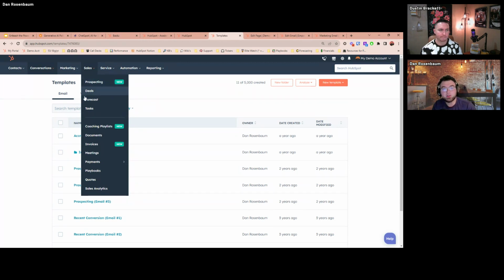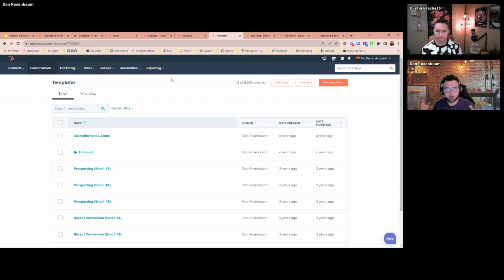And then there's also the new Prospecting Hub. I think there's some predictive forecasting stuff coming on the horizon. So when I think of Sales Hub AI tools, it's a mix between how can we AI-ify our forecasting and lead scoring and stuff like that, and then also enable sales reps to build out better and better prospecting emails and things like that quicker and quicker as well.